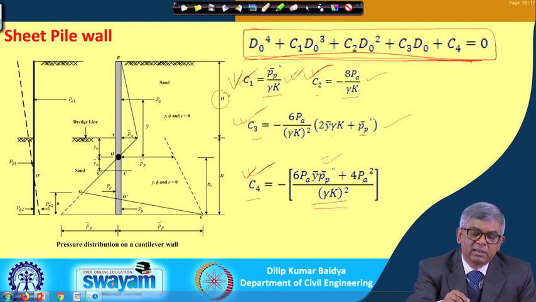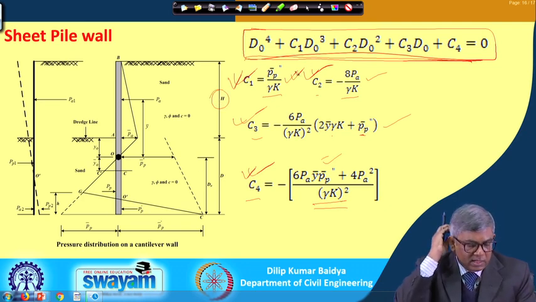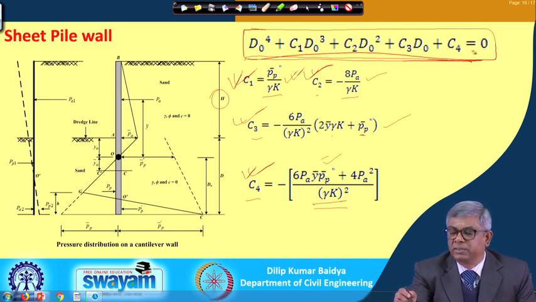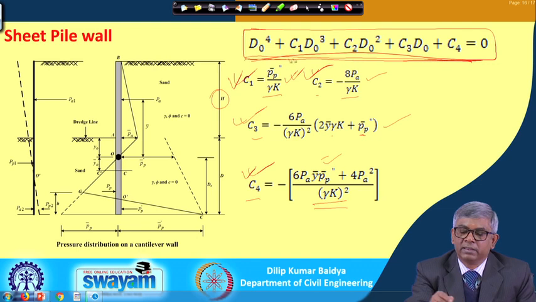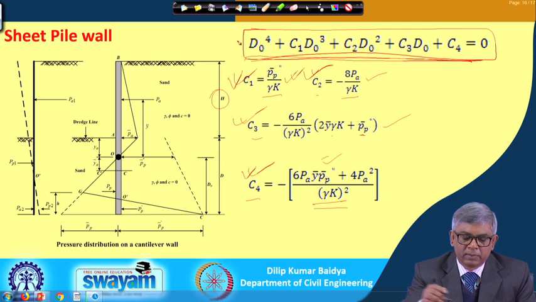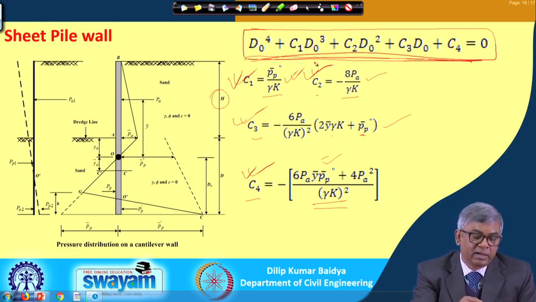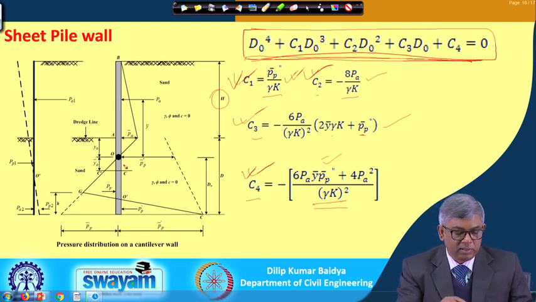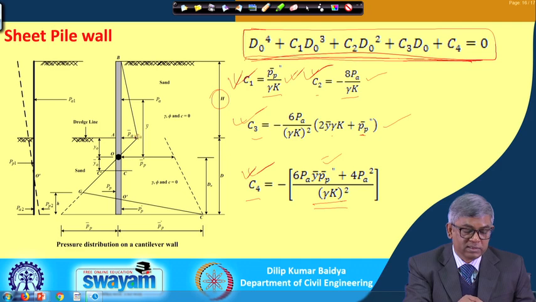If this is the H, then at the beginning we can start with the embedment depth equal to the same depth and see the result, and accordingly, seeing the net value, plus or minus, you can decrease or increase. Finally, you will get a value where, for a particular d naught, it gives you close to 0, and that will be your depth d naught. If you add y naught to d naught, you will get the depth of embedment.